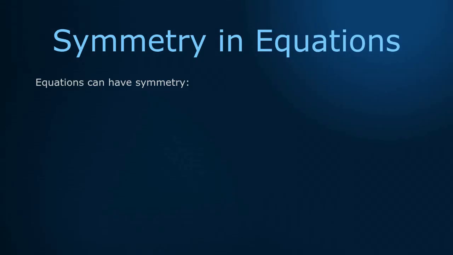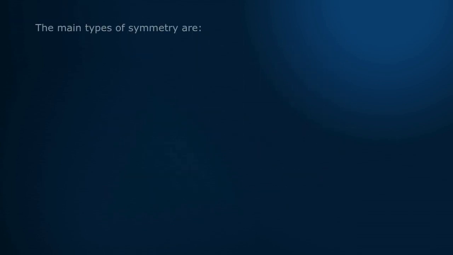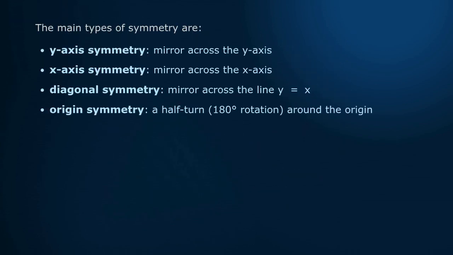Equations can have symmetry. Here we see the graph of x squared, which has symmetry about the y-axis, and the graph of 1 over x, which has diagonal symmetry. The main types of symmetry are y-axis symmetry, mirror across the y-axis, x-axis symmetry, mirror across the x-axis, diagonal symmetry,